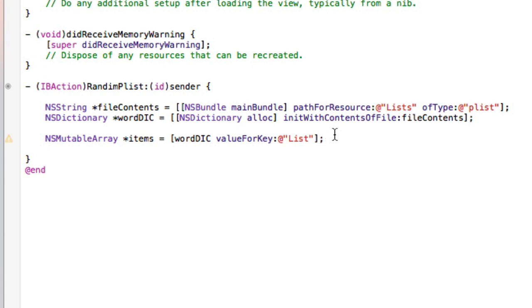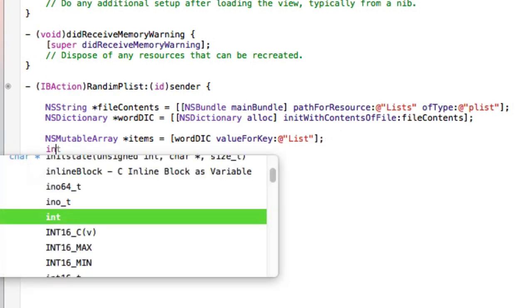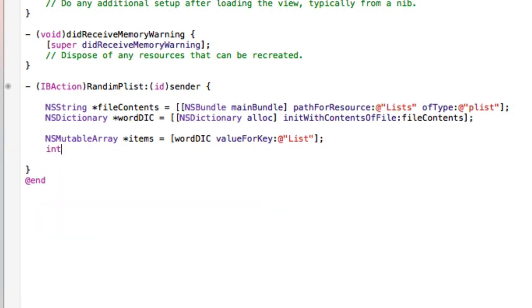And we go into our new line. Then we create our int, as we need now to create our random generator. So we simply name this randomGen. And just like how we created before, we set that equal to our arc4random to give us a random output. Instead of a number, we need to give it a random output of our bracket items count. So what it's going to do is count how many items are within our list, which happen to be